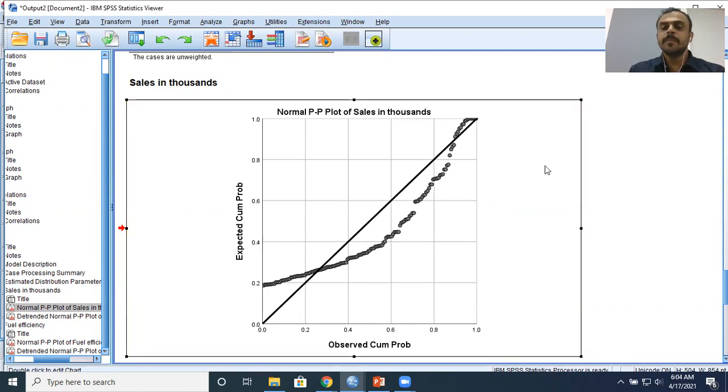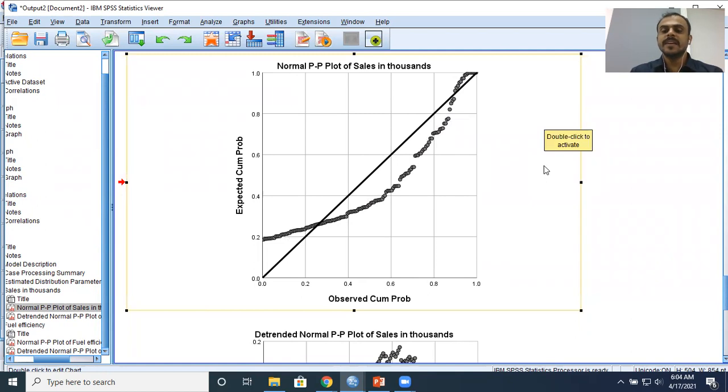How do you interpret the PP plot? Don't worry too much about the formula and the theory at this stage. I'm just telling you in a very simple way how to check whether the variable follows normality or not. You see these circles here. It looks more like a bow. Now, if these circles were lying along this 45-degree line, along this diagonal line, if each of these data points were lying along the diagonal line, then you could have a big smile on your face and say, yes, my variable is normally distributed.